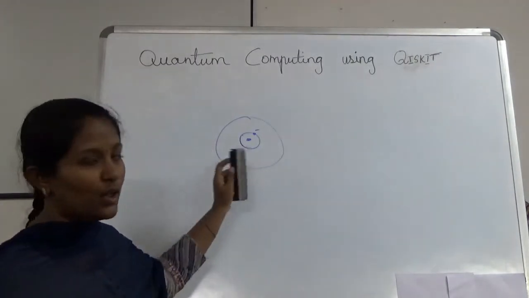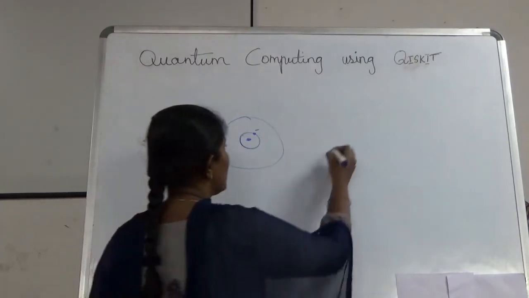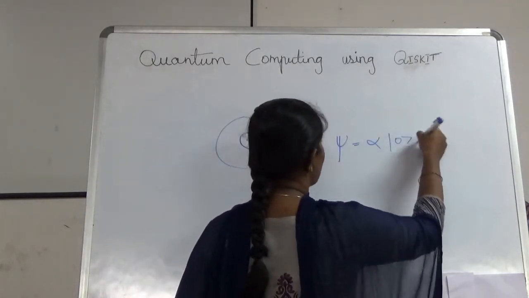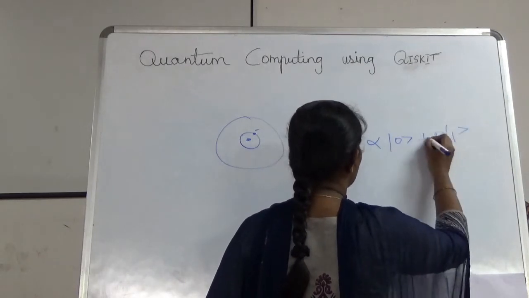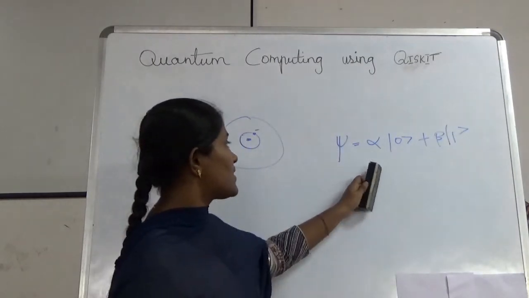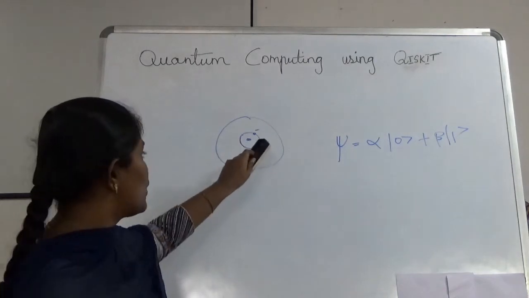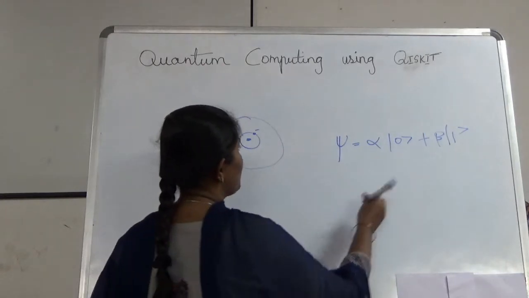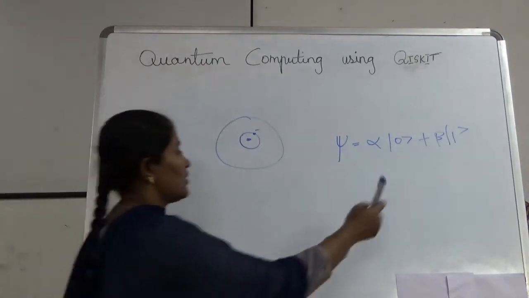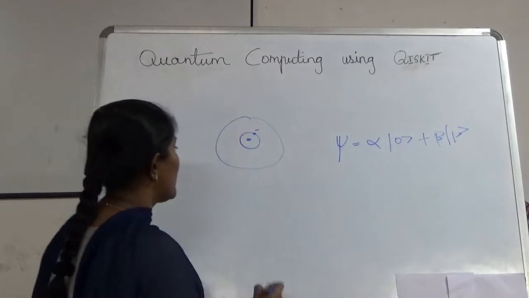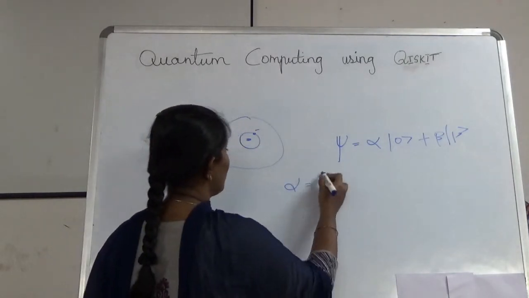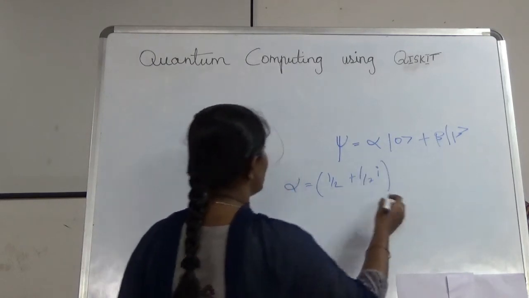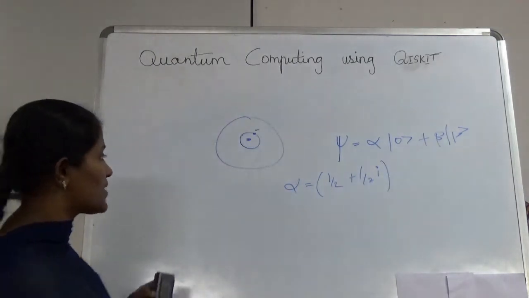Here, to find the state of this qubit, that is, spin up or spin down state, we represent the state as psi equals alpha 0 plus beta 1, where alpha represents the position of the electron, that is, the qubit, corresponding to 0, and beta represents the position of the electron which corresponds to 1. Here, for example, if alpha is equal to 1 by 2 plus 1 by 2i, these two numbers will be complex numbers,